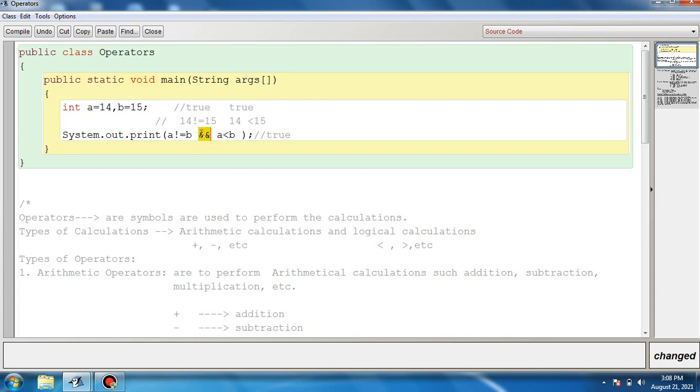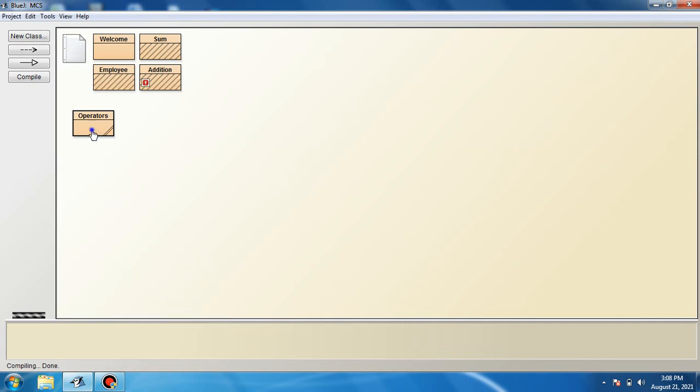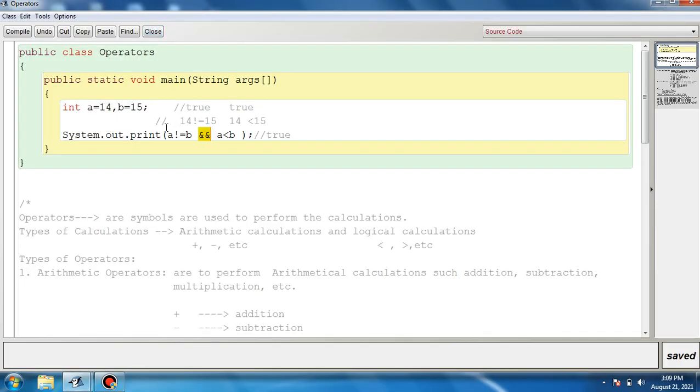This logical AND operator results in true because both expressions result in true.